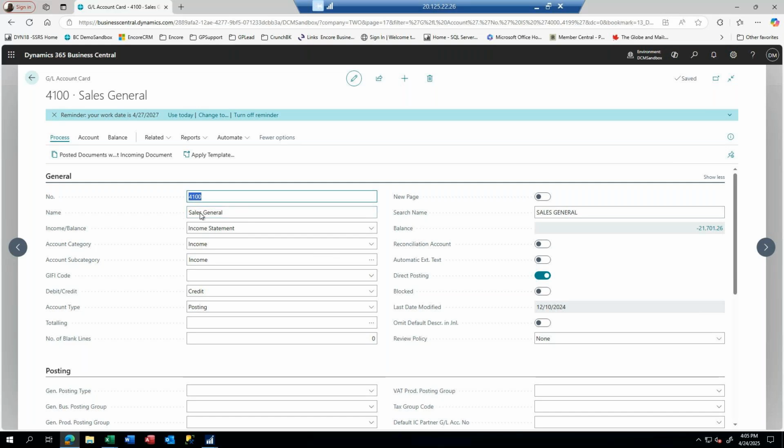So inside here, we've got sales general, and then I've got an income statement. I've got an account category called income, and I've got a subcategory called income as well. So I could specify my incomes in my different categories, and I can have a nested approach to this. The chart of accounts in Business Central, you'll notice here, is only 4,100,